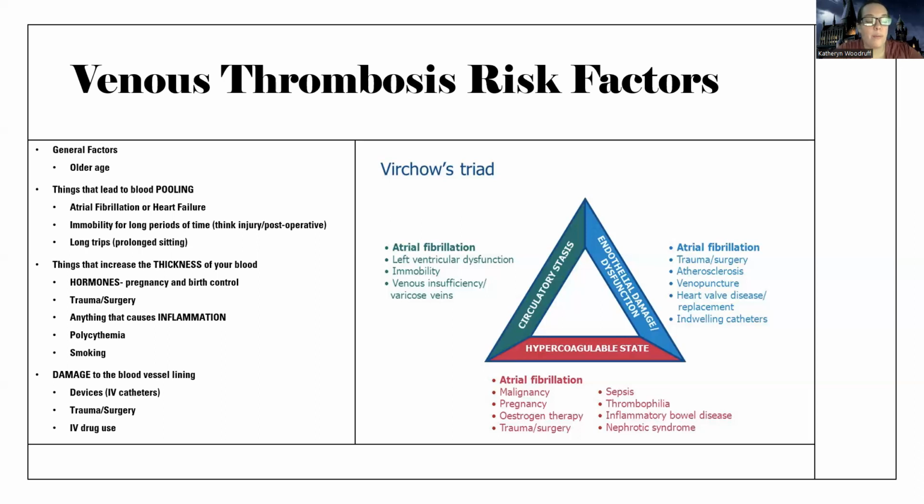Birth control. I always tell the story of my friend who's young, healthy, athletic, the healthiest person I know, and ended up with a blood clot. And the only risk factor she had was she was on birth control. Also, trauma or surgery can increase the thickness of your blood through some of the process and the inflammation and things like that. Really, anything that can cause inflammation, like if your patient has sepsis, a bad infection, inflammation kind of tells your body, and whether you have inflammation because we're cutting into your body, you have trauma or sepsis,